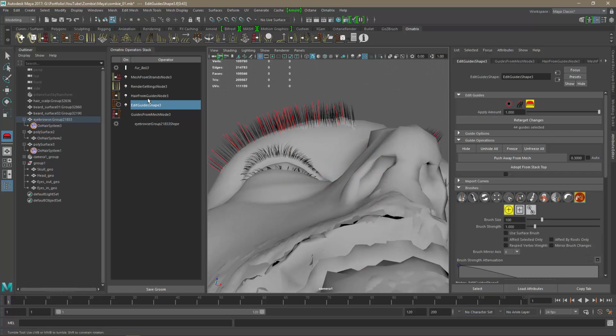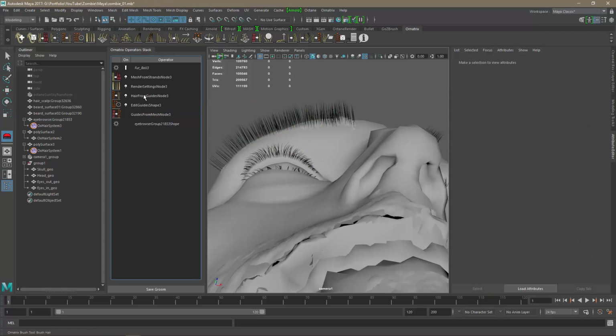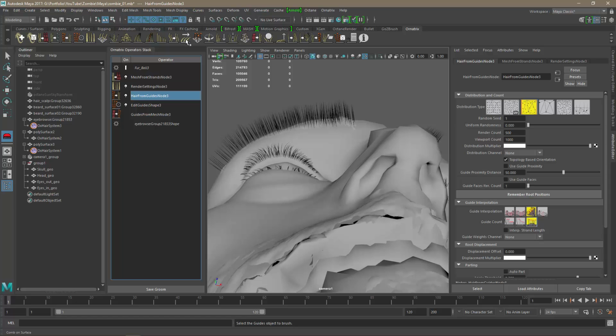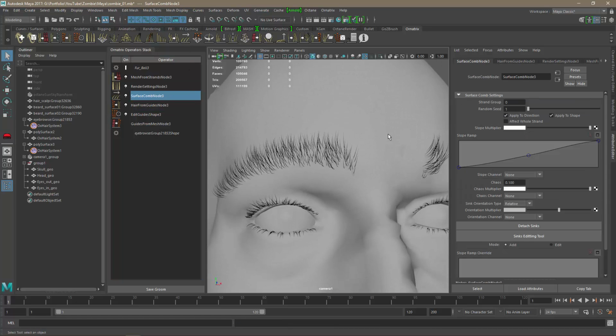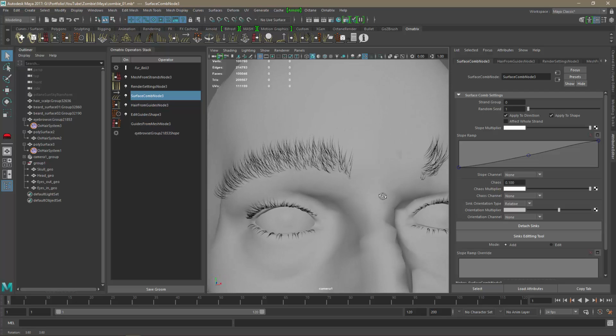And let's try, instead of doing that, let's try adding again a comb on surface, and let's see. Right, that's the thing. Well, let's add a sink